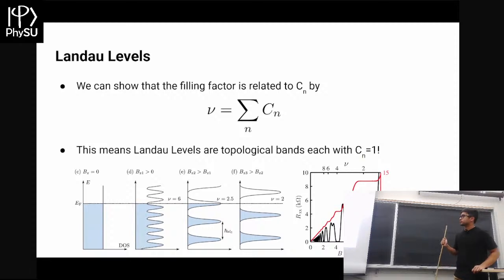So relating this back to Landau levels, it turns out that the filling fraction is related to the number of Landau levels, or the Chern number of the Landau levels that are filled. So going back to this plot, over here the filling fraction was 6, and we say that at this point the total Chern number is also 6. Since each of these are integers and there are 6 bumps here, each of which is a band, that means that each band is a Chern band. It has this topological invariant assigned to it.